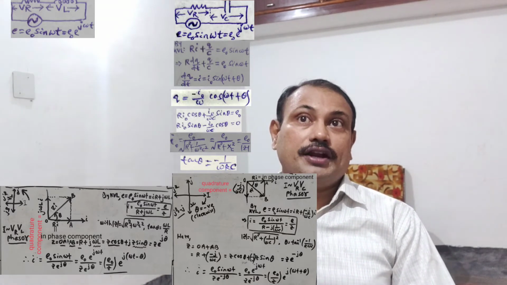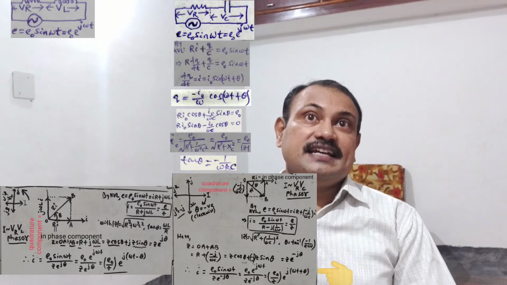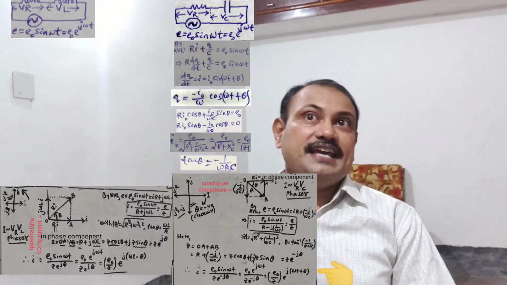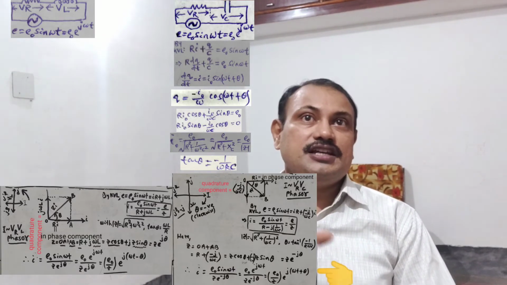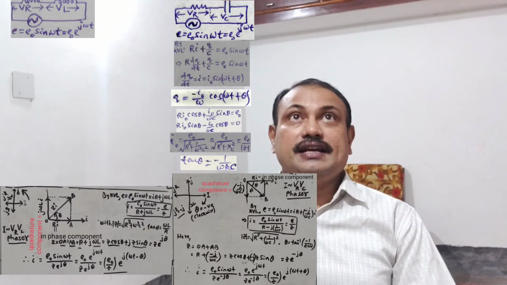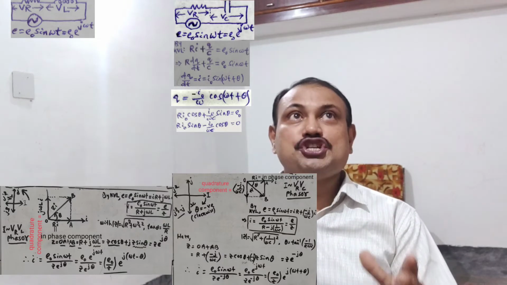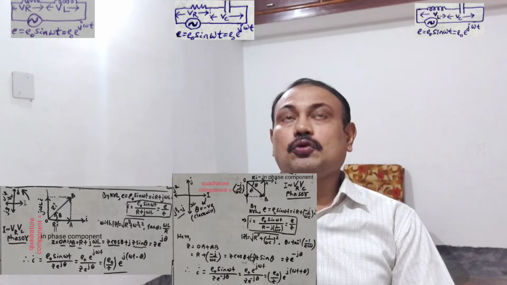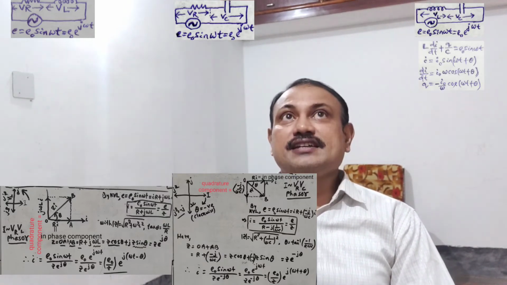So therefore our current expression can also be written in a complex manner, that is I equal to E0 by Z times e to the power j(omega t plus theta). Now exactly in the same manner we can proceed for the LC circuit also, where we can write the voltage equations